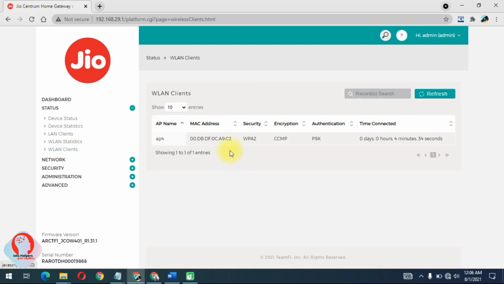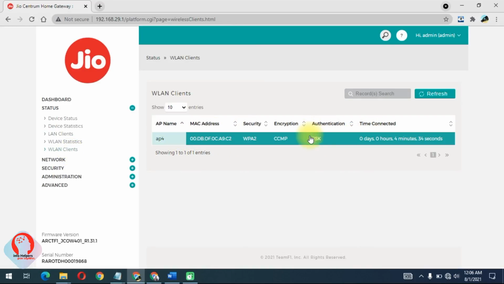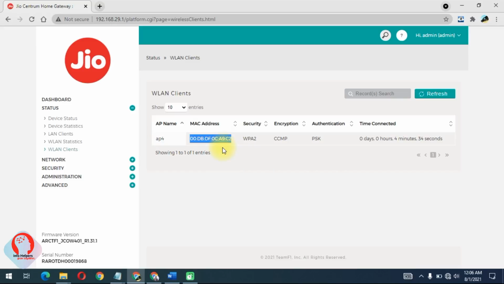And here you can see the WLAN clients. These are the devices connected through the wireless option, your wireless network. You see the MAC address and the access point it is connected to. So you have to make a note of the device which you want to apply bandwidth control to.